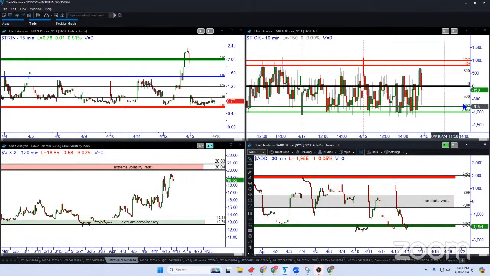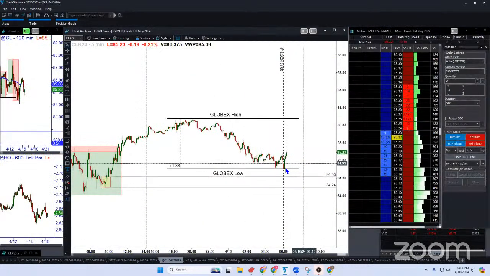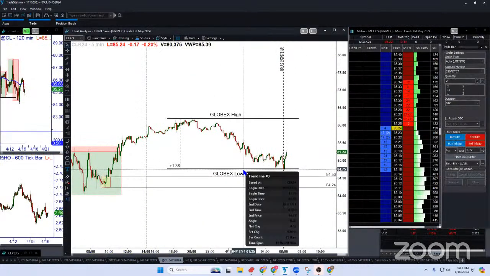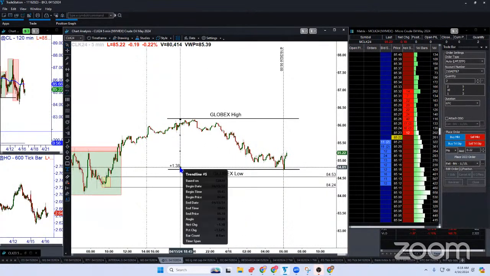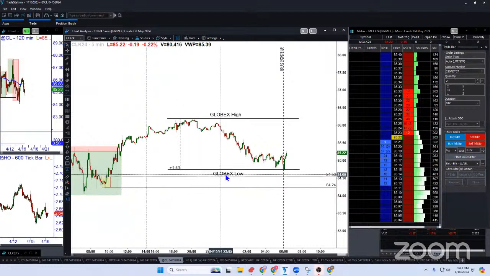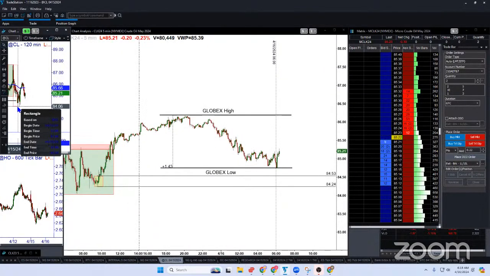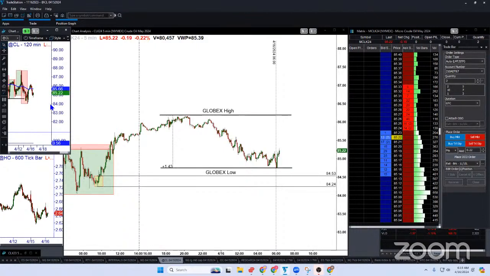Advancing issues over declining issues, tick. We'll see that as the market opens. Crude oil. Let's adjust this so we have a slightly lower Globex low. We are in a controlling swing. It seems like the swings are getting smaller. We had a controlling swing up, and we're looking for price to